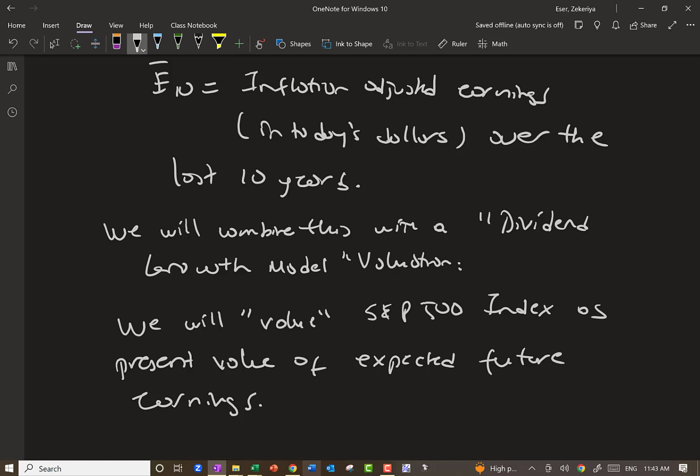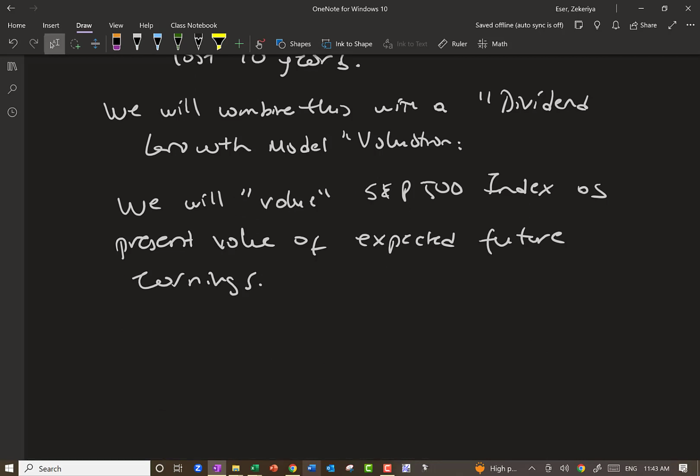Whether or not they distribute them as dividends is beside the point. So in a sense, I'm going to call that P star, my valuation for the S&P 500. It is expected earnings next year, or think of this as expected earnings over the next 10 years,